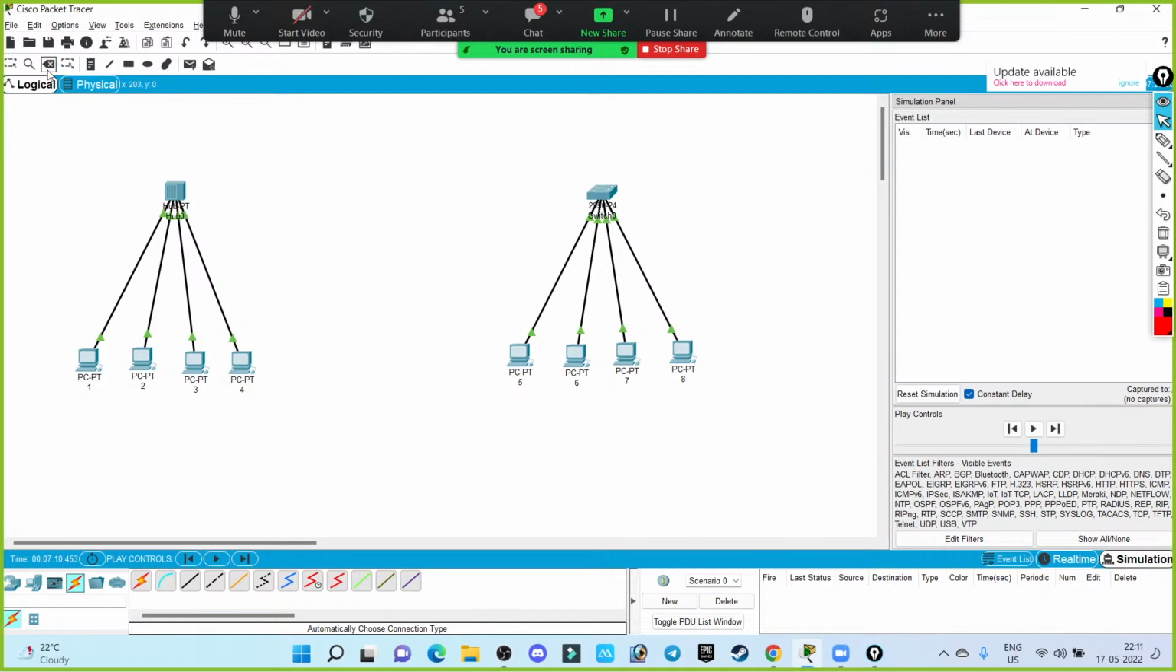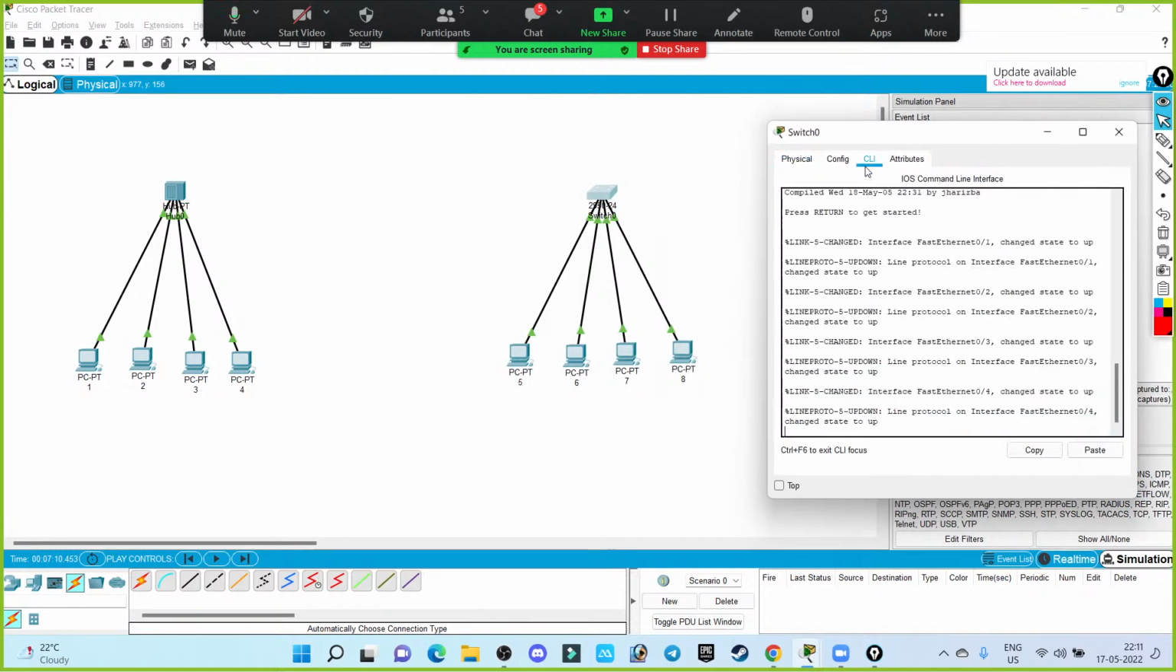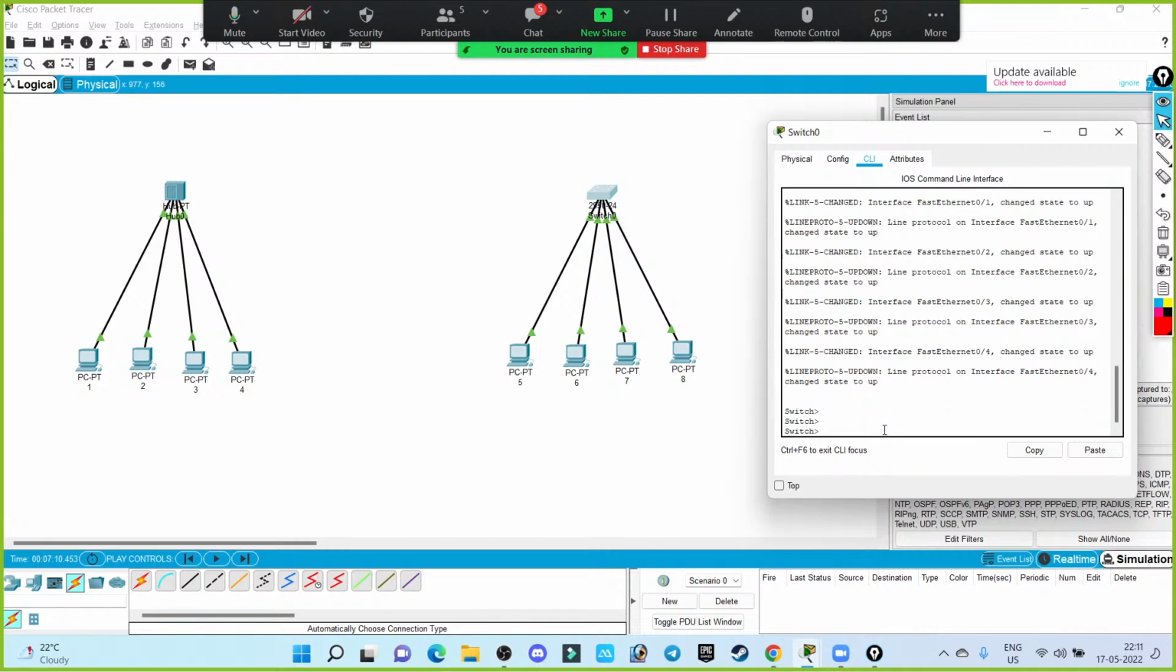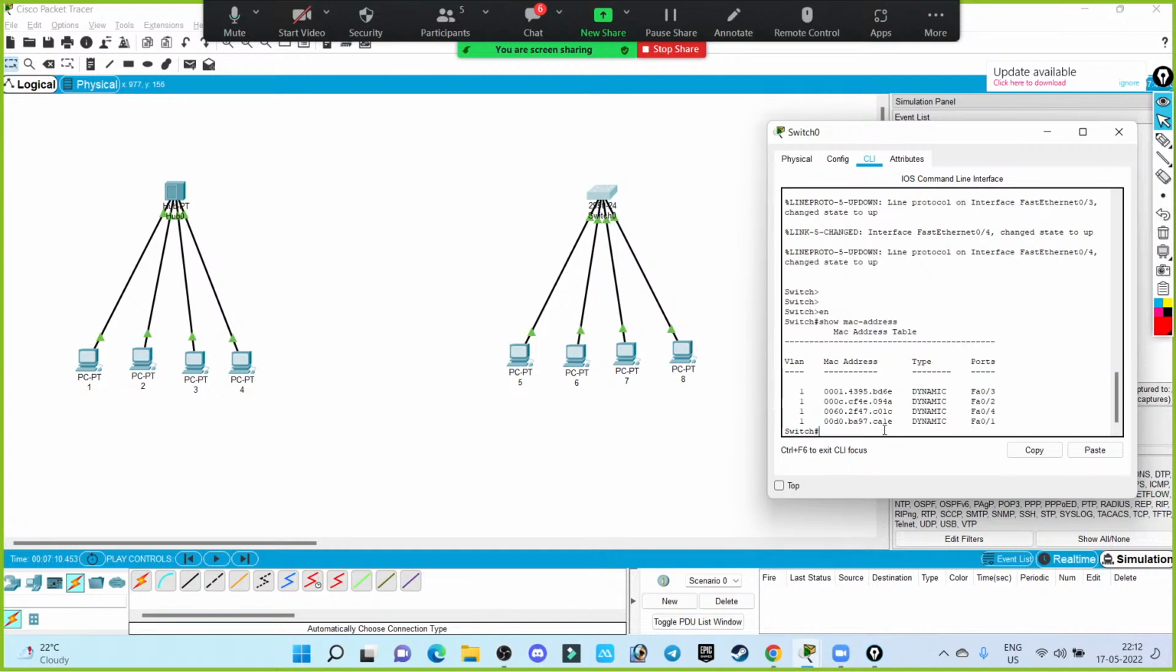Okay, now let's try once again. Now I want to send data, but before that, let me escape. Now let's see the MAC address table. If you go to CLI mode, command line interface, enable. I will teach you how to use the switch in the full class whenever you join the course. But as of now, let me show you how to check the MAC address table. Right here, show mac-address-table, hit enter, and here you can see